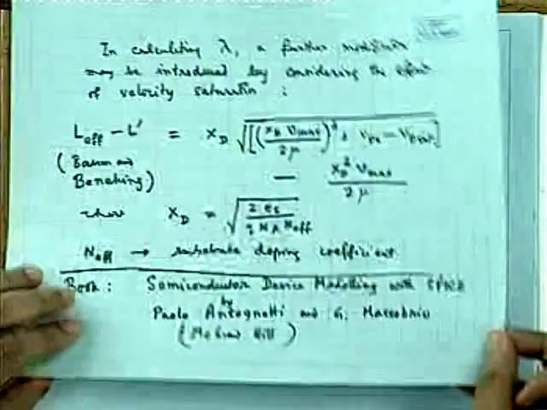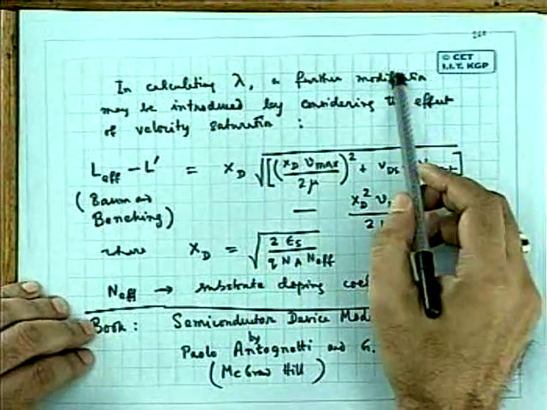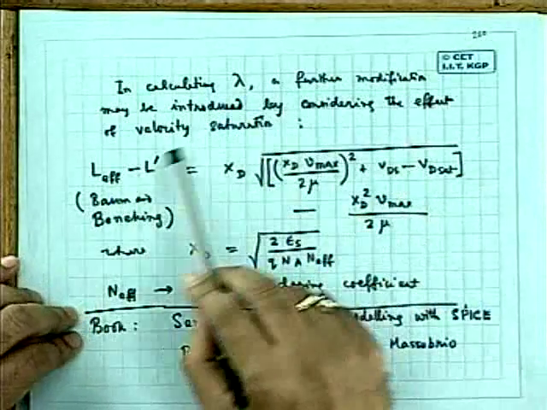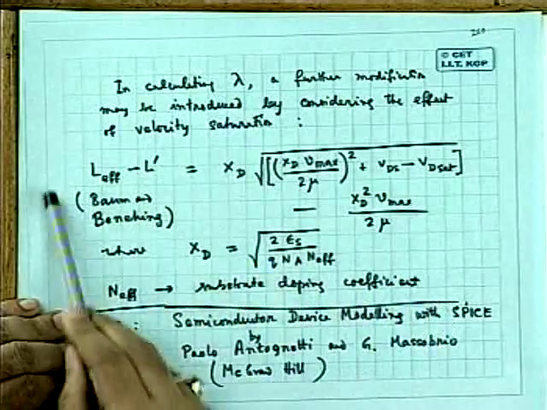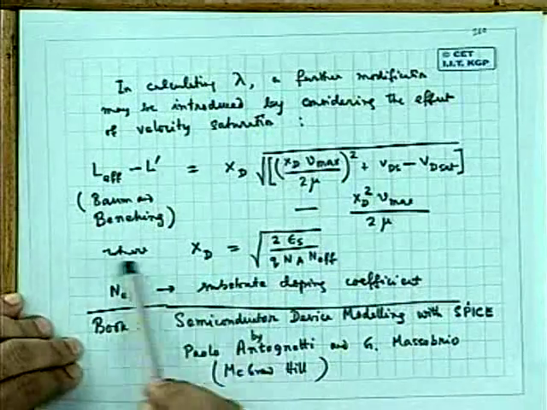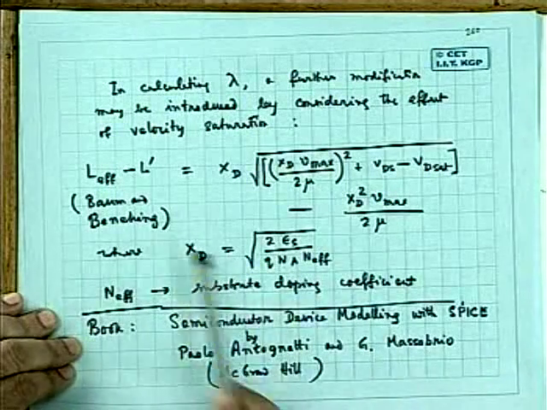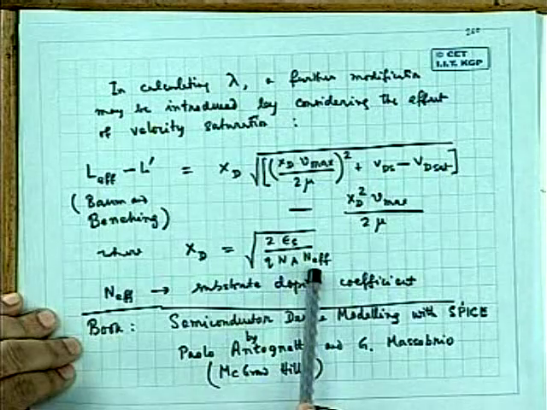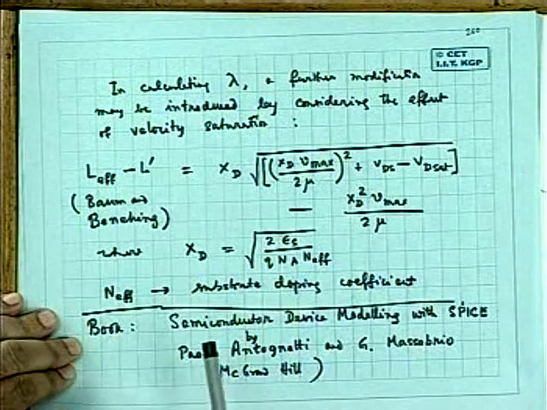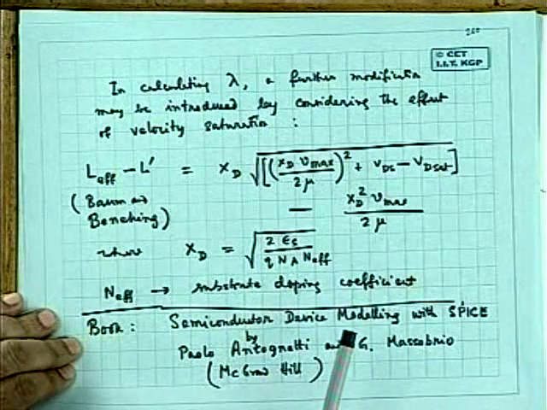Now the lambda parameter, which is nothing but the channel length modulation parameter, was further modified by taking into account the velocity saturation using this equation. It is due to Baum and Binecking, where you see that xd, which is equal to root over twice epsilon by qNA, is further modified by introducing the term n effective,